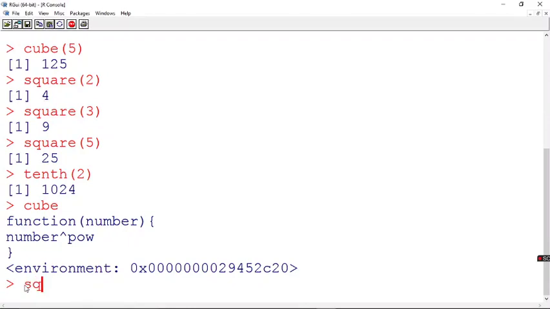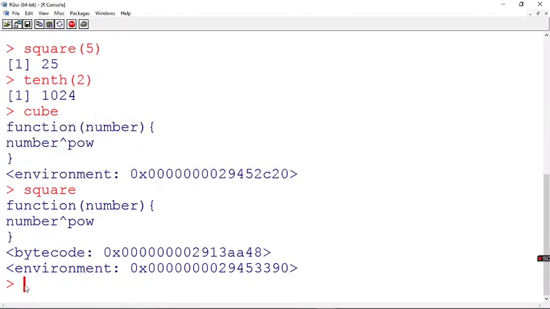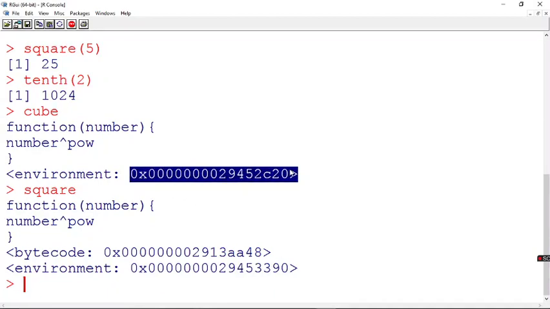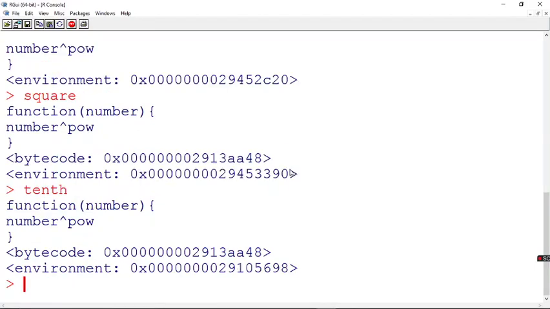If you want to find the difference, now let's say square. You can find the environment; this is different and this is different. Similarly, tenth. You can see this is different, and this is different. So you have separate environments for each and every function you create.